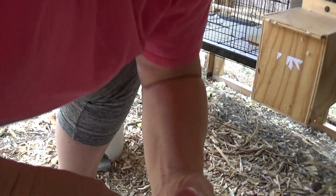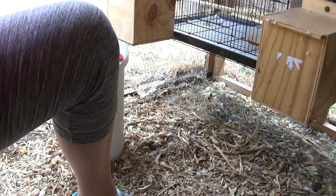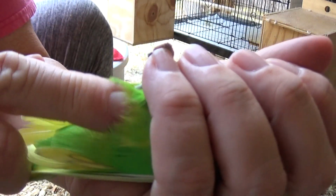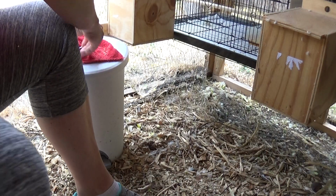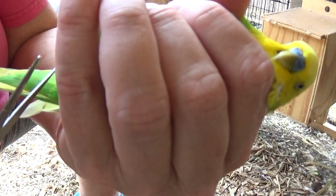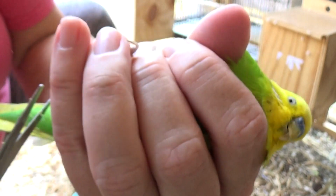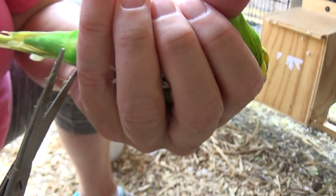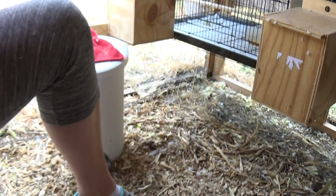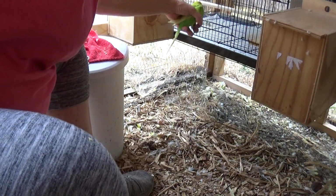So, this is Neon. He is actually half English budgie and half regular parakeet. He has a little budgie size, but he certainly does not have budgie feather. So you can see right there, I can see his vent right there. He doesn't really need trimming, and never has, but I got him, so let's go ahead and do a little snip here, and a little snip there. Sorry you can't see this better. That's all it needs. Didn't even need that really, but...